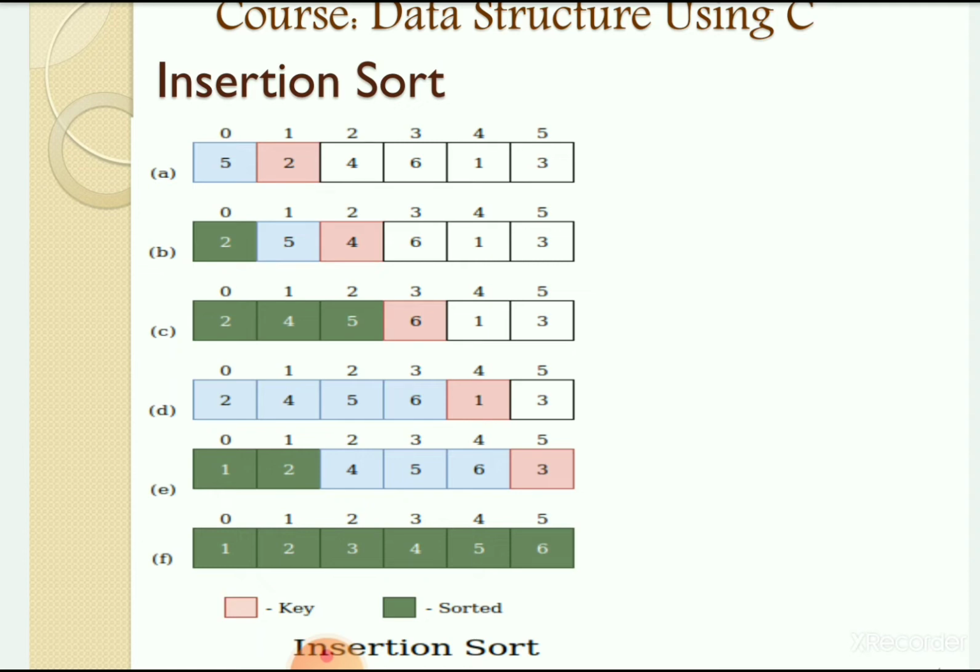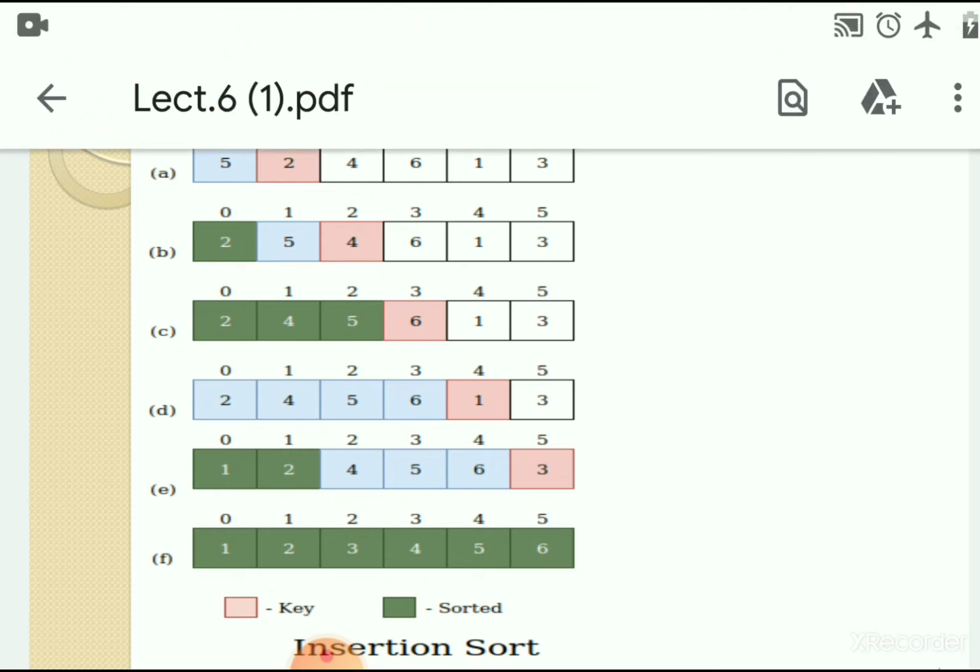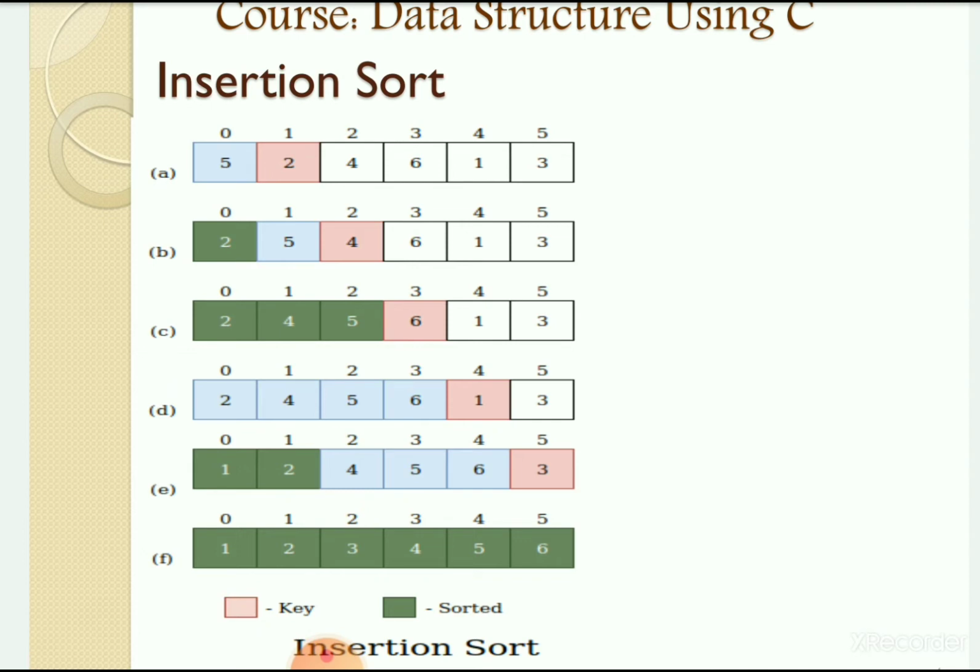Now, in the second iteration, what do we have to do? Again the second element we have to compare with the 0th and the first element in the second pass. So we are comparing 4 with 2. The element at the second position, 4, we are comparing with the 0th element, that is 2. When comparing 4 and 2, 2 is less than 4, so we don't need to shift here.